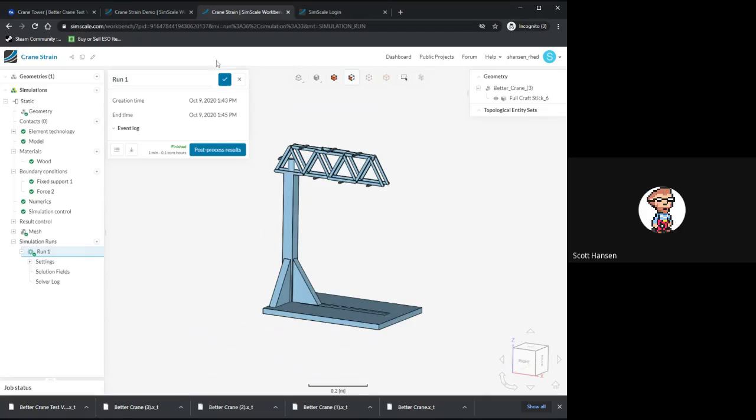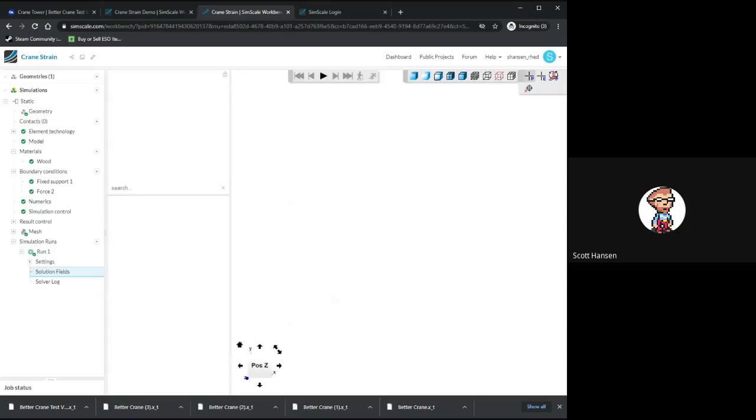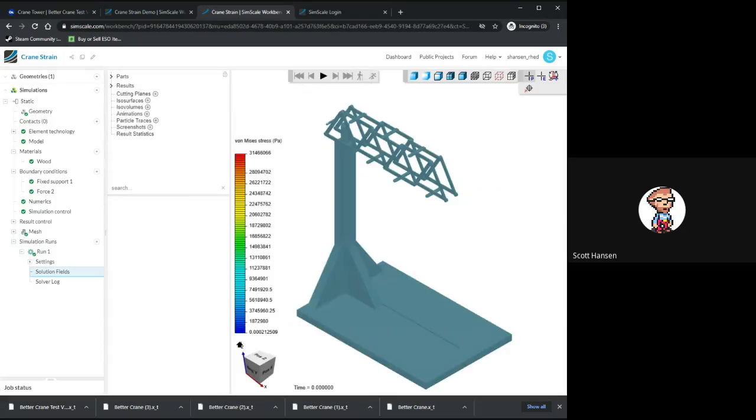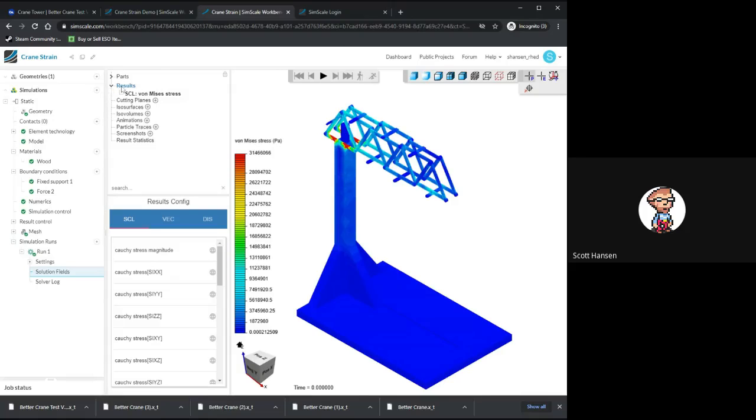Once your simulation is completed after a couple minutes, in the simulation box here, you'll see run one under your simulations. You can post process results, and that'll take the numbers calculated by the computer and actually pull up some tools that'll help you visualize those results. And so we're looking to set up something like that. To do that, if you click results,